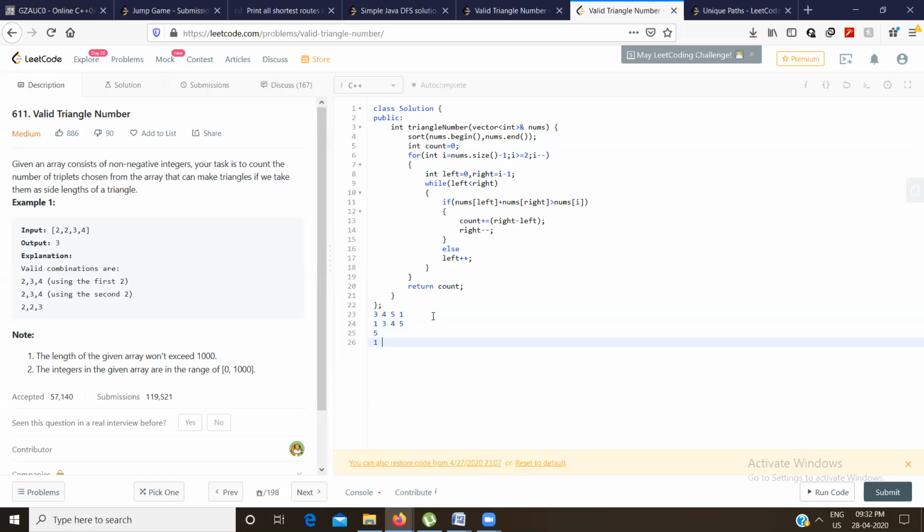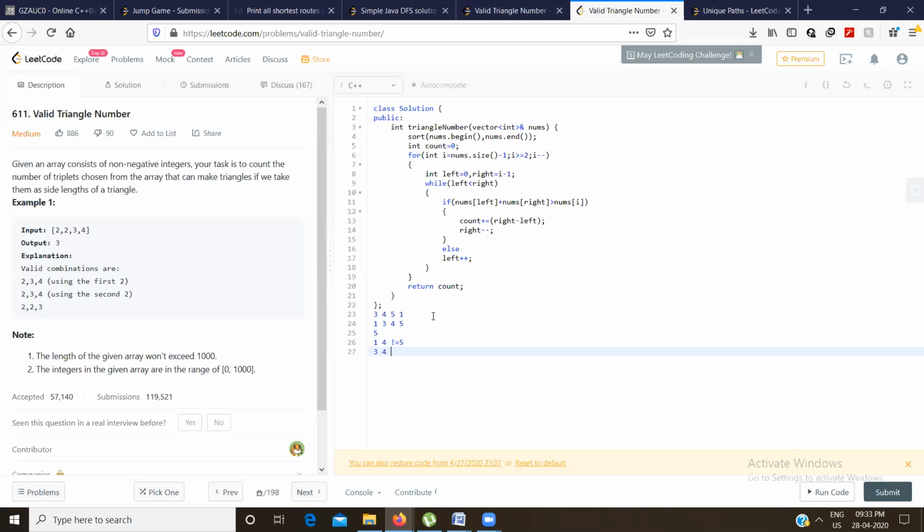I'm starting from 1 and 4. So in this case, 1 plus 4 is not greater than or equal to 5. Since this value is not greater than or equal to 5 and our array is sorted, that means we have to increment the left to increase our summation. If 1 plus 4 is not greater than 5, we have to only increase it from the left side so that our summation will be greater than 5. So that's why I'm doing left plus plus once this if condition fails. So we got this now.